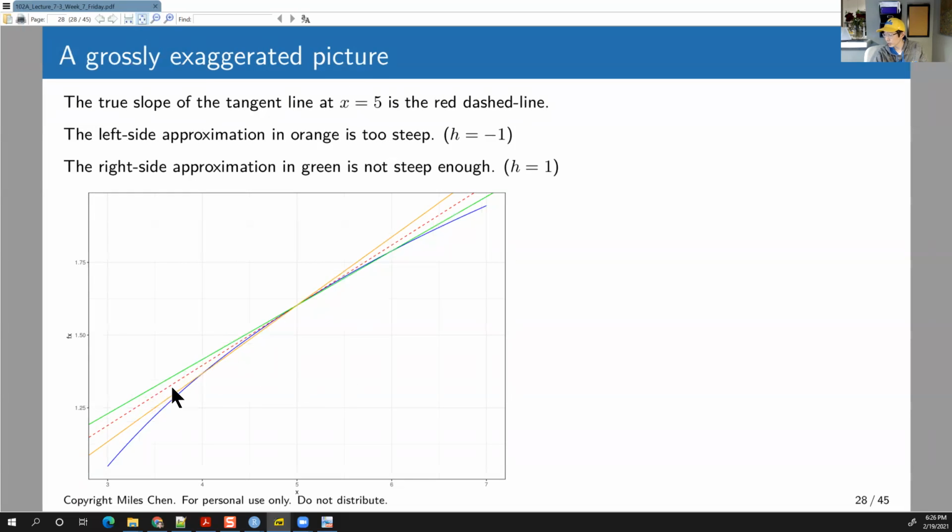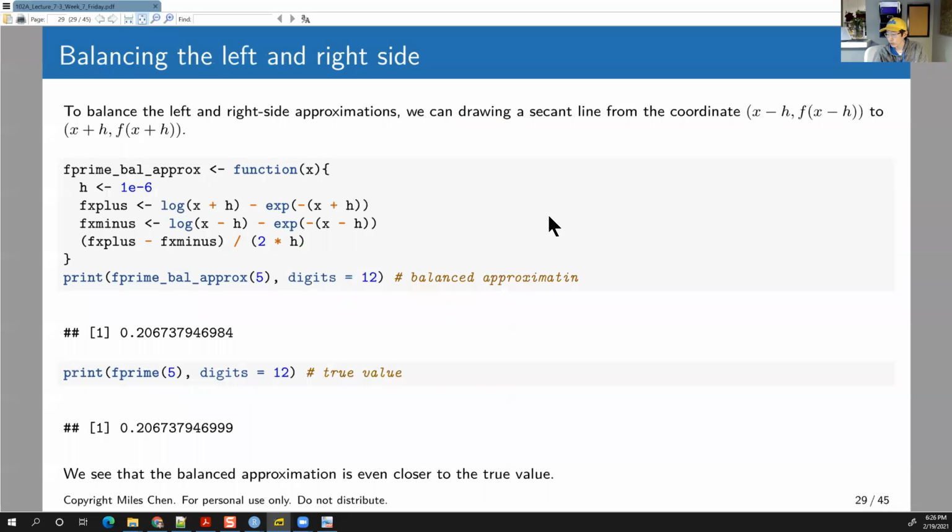Okay, but the left-hand side is just a tiny bit too steep. The right-hand side is a tiny bit too shallow. So what we can do is, if I add a negative value, I get something too steep. On the right-hand side, I get something too shallow. What we can do is take both the left-hand side and the right-hand side and